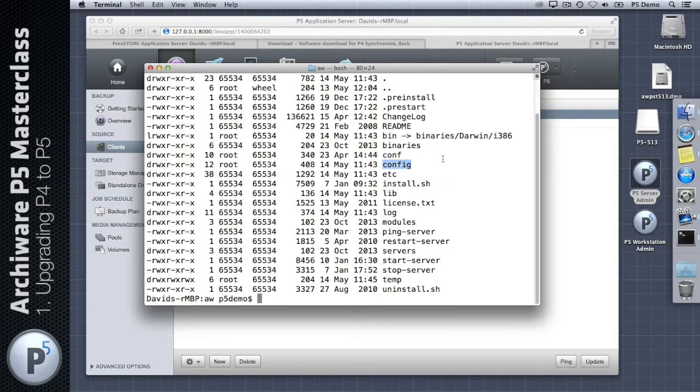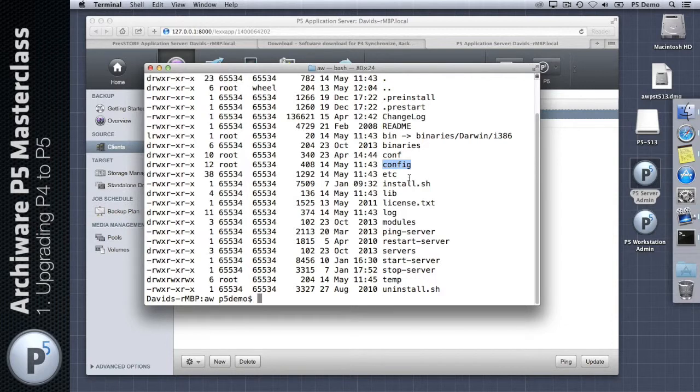So all of your settings are migrated across from one to the other when you upgrade. The new backup indexes are going to be stored in the config folder, in an index folder, and the archive indexes are effectively copied, or rather migrated,